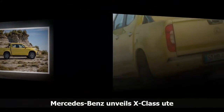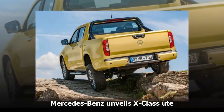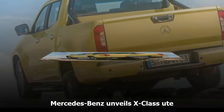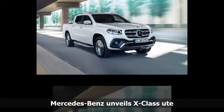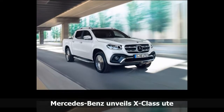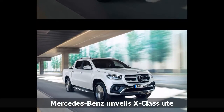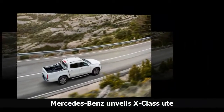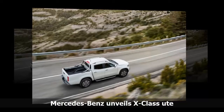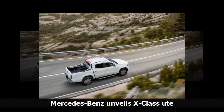Entry-level X220D and mid-grade X250D models get Nissan-sourced 2.3-liter 4-cylinder turbo diesel engines that offer 120 kilowatts per 403 Nm and 140 kilowatts per 450 Nm outputs in rear-wheel drive or 4-wheel drive layouts, combined with Nissan 6-speed manual and 7-speed automatic transmissions. The 4-wheel drive X350D at the top of the range will be Australia's most powerful dual-cab ute,